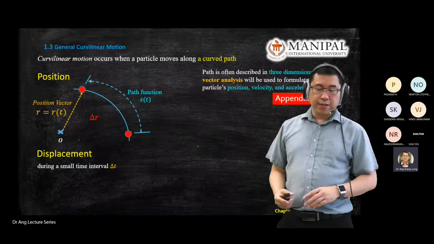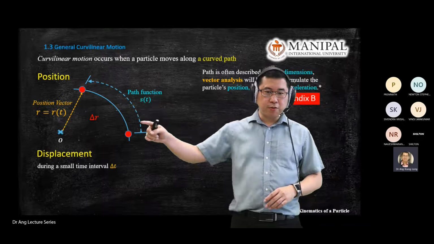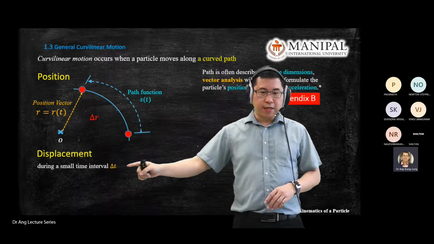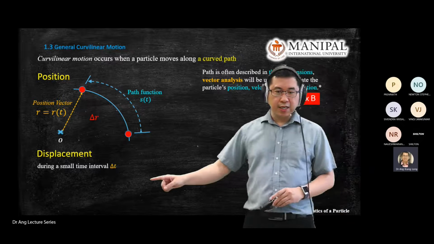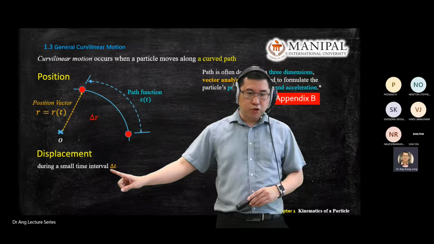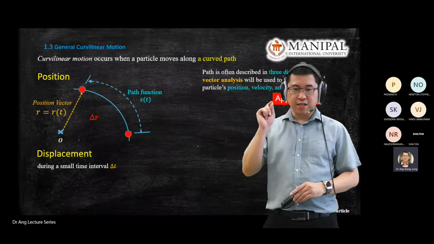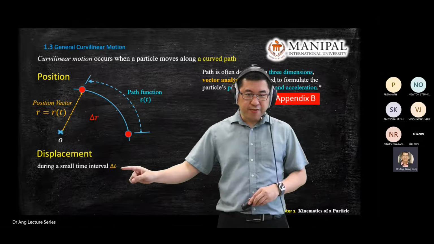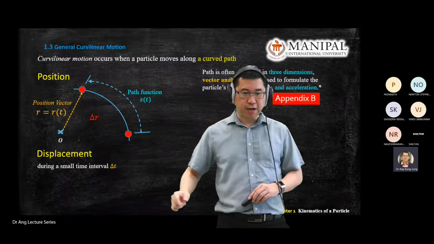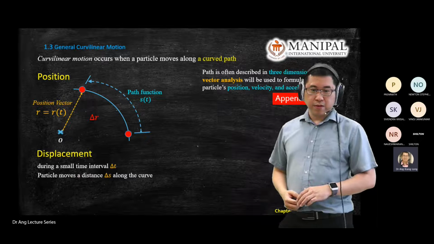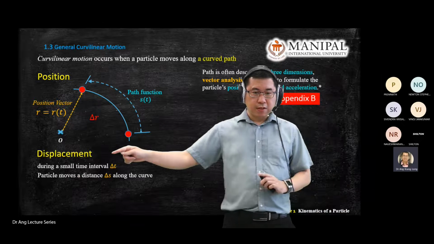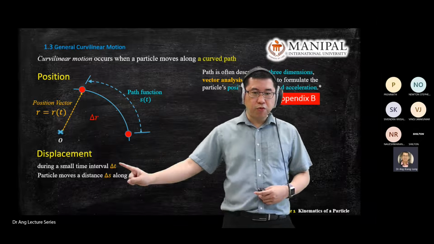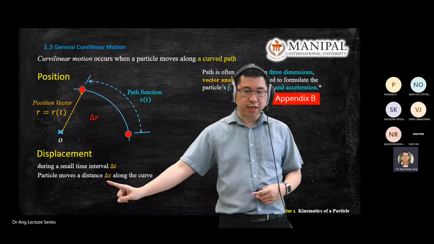So let's say these red particles make movement from the top to bottom at an interval of time delta t. And just to remind you, triangular delta means very, very small changes. Very, very small changes of time. So for displacement, we look at very small changes of time, and the particle moves a small distance we denote as delta s